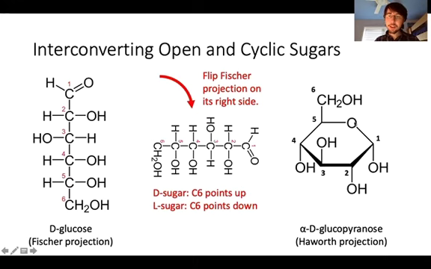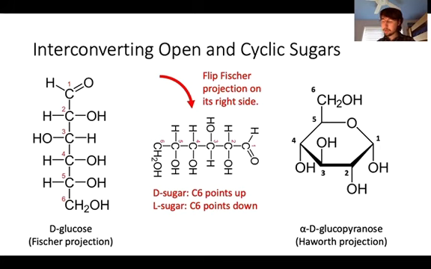is 5 does not have a hydroxyl group, but the rule for whether carbon 6 is pointing upwards or downwards is that if it's a D sugar, carbon 6 will point upwards. If it's an L sugar, carbon 6 will point downwards. So if all you want to do is learn the rule, that explanation will suffice. If you'd like to know why it is that,